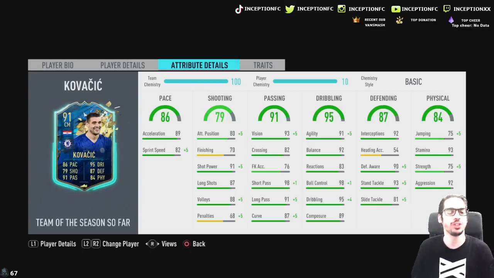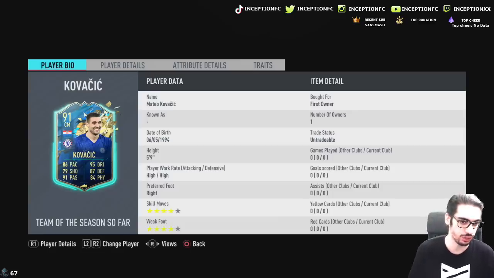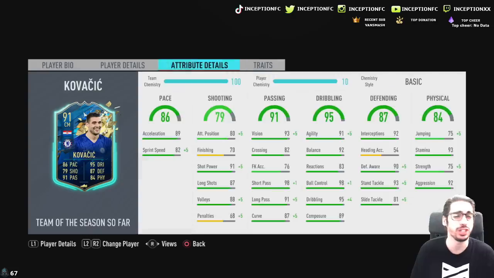But with Kovacic's card, guys, we're looking at a card that is 5'9" with high work rates, 4-star skill moves with a 4-star weak foot. So obviously, the card is incredibly usable. The 5'9" height, the high work rates, 4-star, beautiful bare minimums to have on a card to make him incredibly usable. As you guys know, I actually enjoyed using the storyline card, so I think this card will still be really fun to use. He has the flare trait, which isn't too relevant, 89 acceleration with 82 sprint speed,